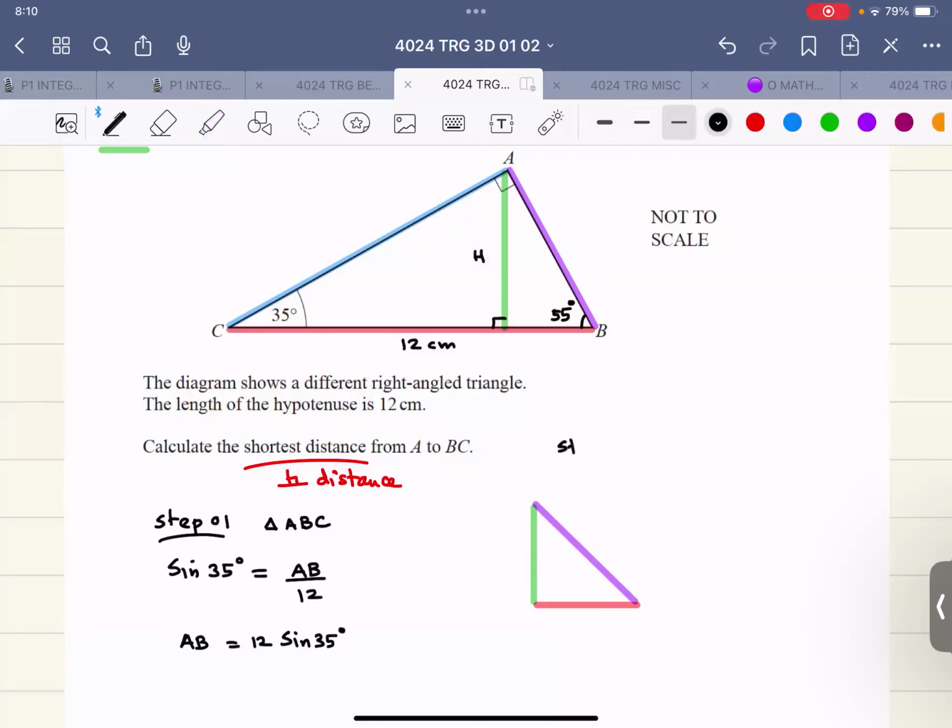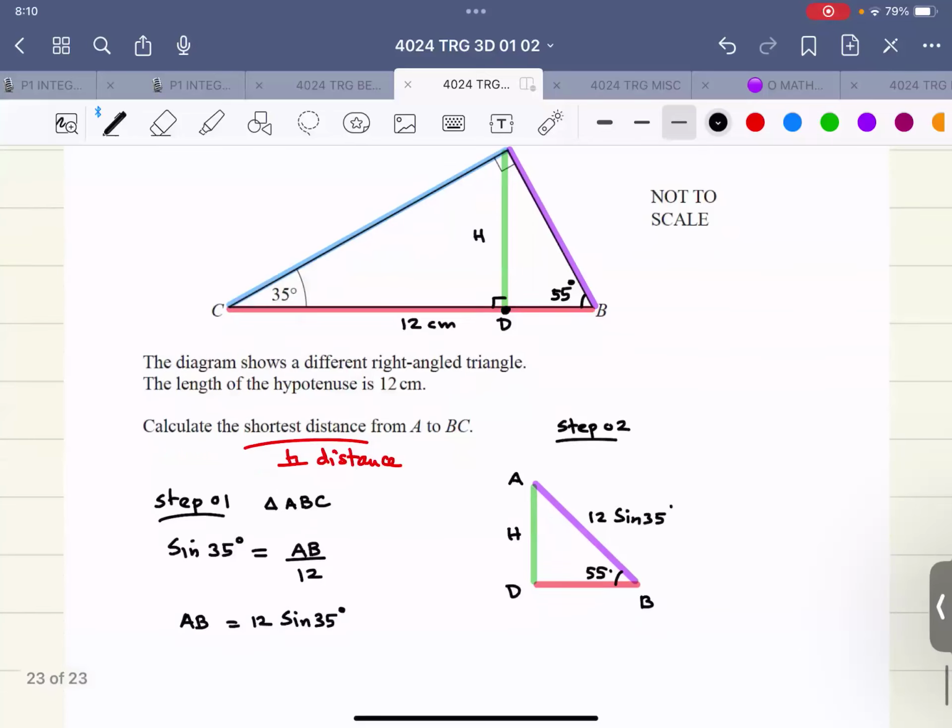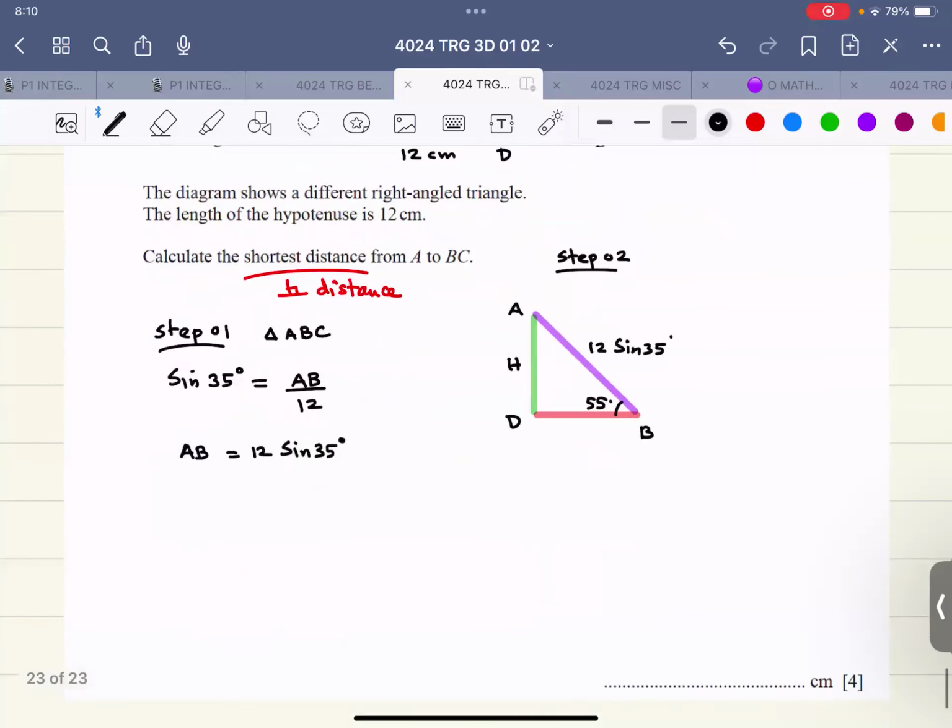Now, this is step number 2, and now I'm using this triangle. This is A and ABC. Let me call this D, and this is B. This is 55 degrees, since 90 minus 35 is 55. This is H, and this side is 12 sine 35, whatever the decimal value is. So now if I use sine again, I'll say sine of 55 equals H divided by 12 sine 35. You can even use the decimal value. Therefore, H is,